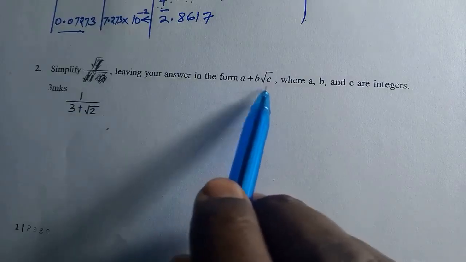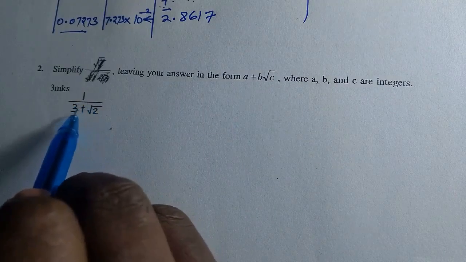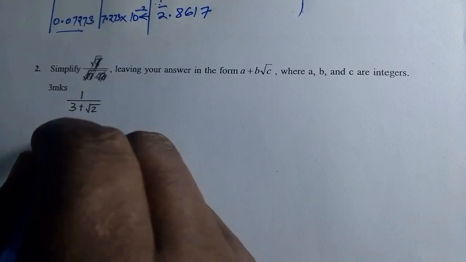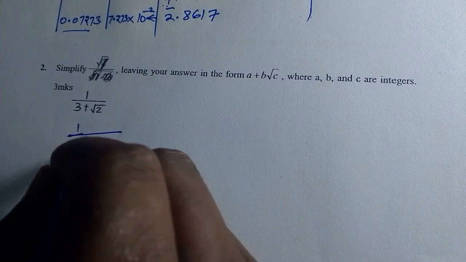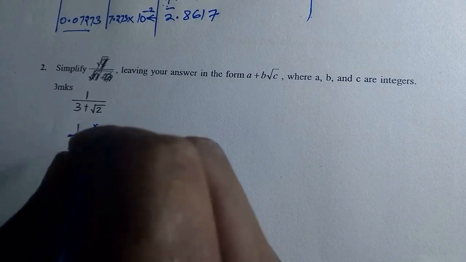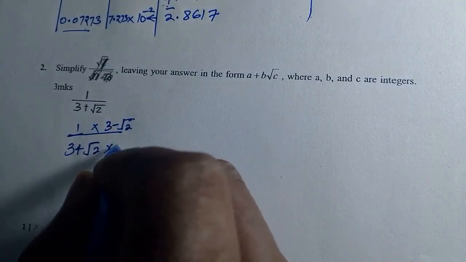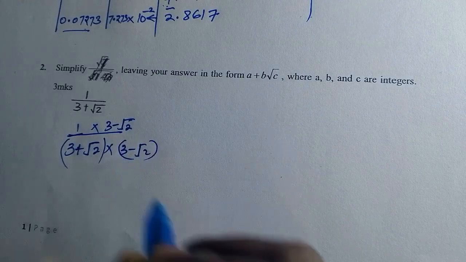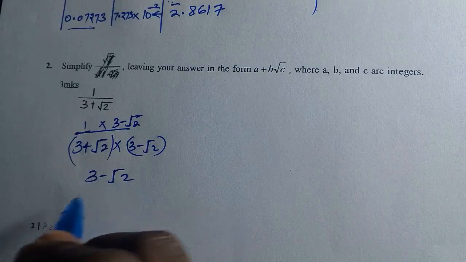Simplify leaving your answer in the form of this. How do you do it? We look for the conjugate of the denominator and multiply the numerator and the denominator. So we start there. So this is 1 over 3 plus root 2 times the conjugate. The conjugate of this is 3 minus root 2 times 3 minus root 2. That is the conjugate. So the numerator, we are going to have 3 minus root 2 as the numerator over